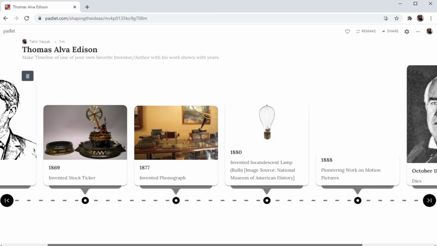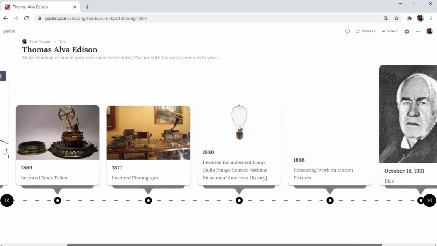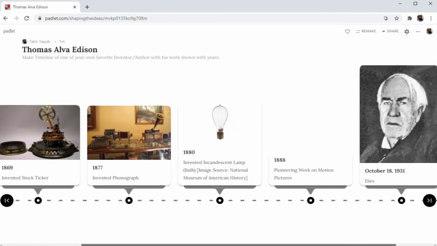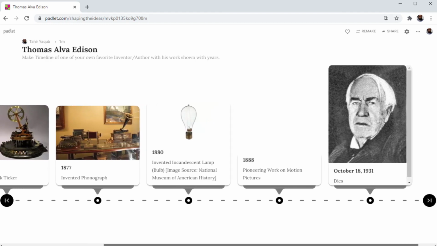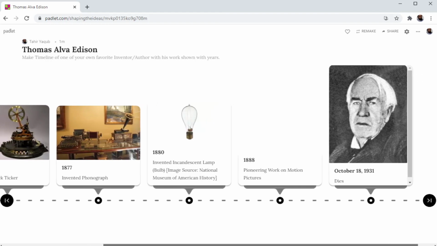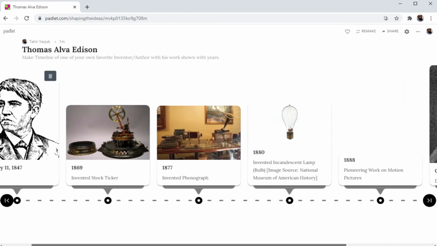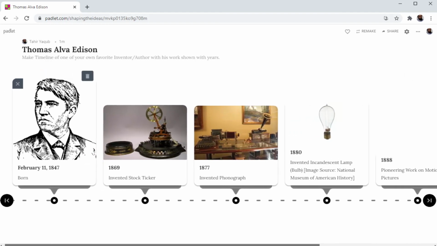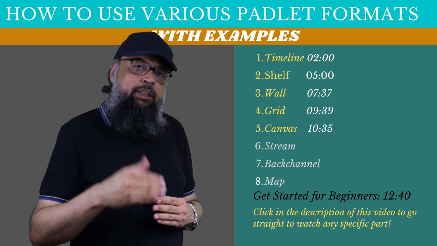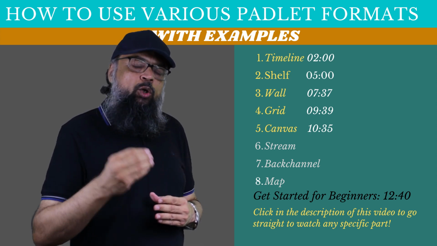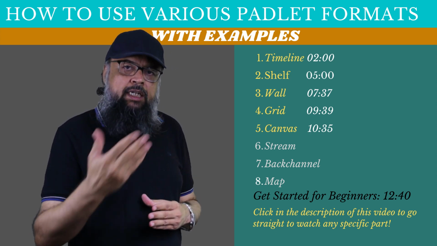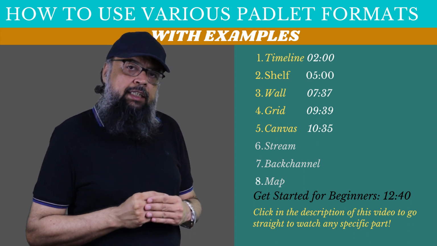You show your students why you are putting the references to the source of these images. What is the importance of copyright? What is a Creative Commons image, a public domain image? I have used all these images which are taken from the public domain. So you tell your students these very important things about Creative Commons and about copyright issues,